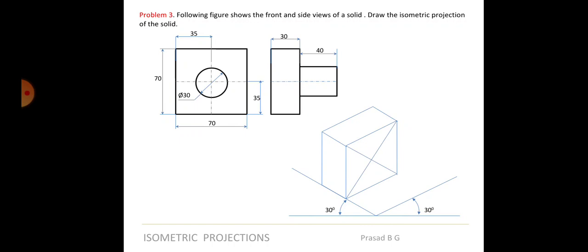Alright, so once you get the center, you have to draw the box around that of side 30 mm. Right, now what we have got is the center. That means we have got this value, this center we have got. So what is the distance from here to here? 15. From here to here also it's 15. Here to here also it's 15. Here to here also it's 15. So from this center you can take 15, 15, 15, 15 and make a box around that. Okay, this way.